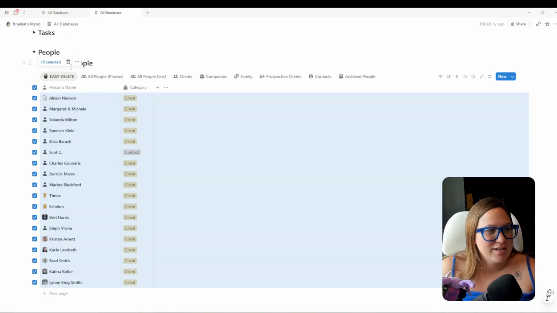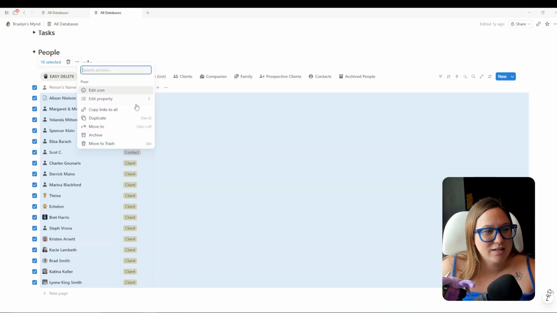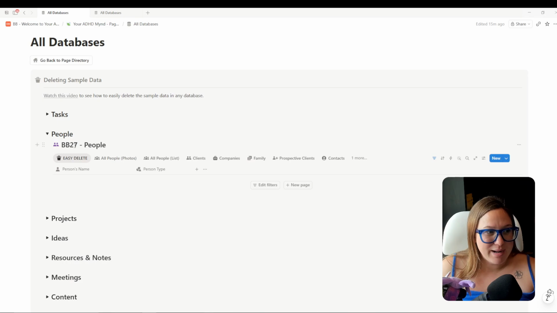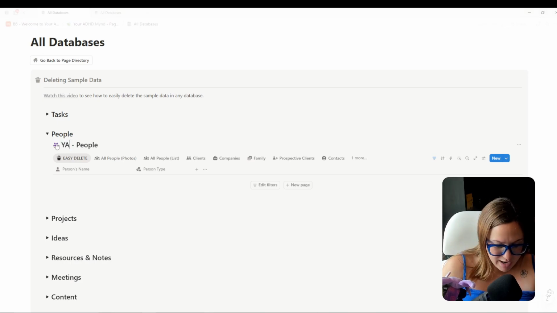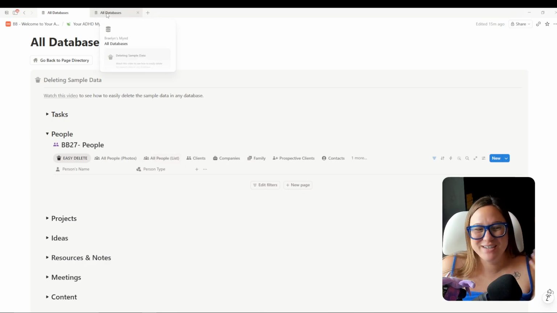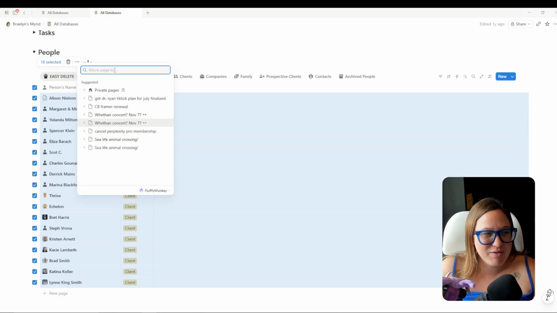So if I select those, go to these 3 dots here and do move to. Now, the name of your database is going to be YAM27. I changed mine to my initials because I also have the YAM27 in my Notion, and I want to make sure that I know that this is mine. So I changed mine to my initials and then the year,